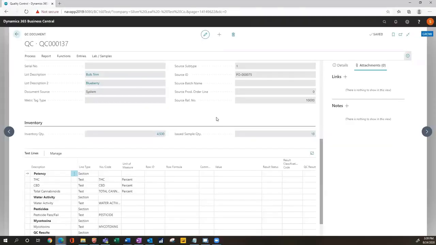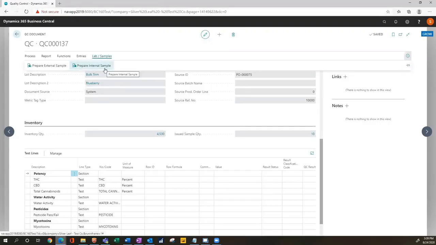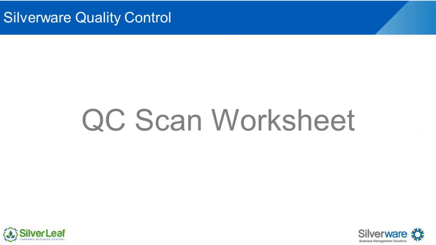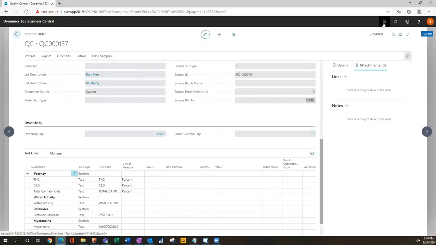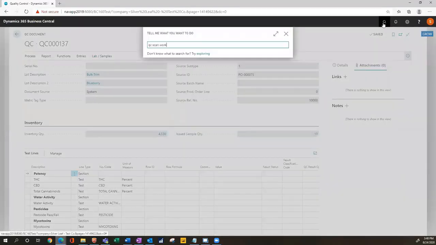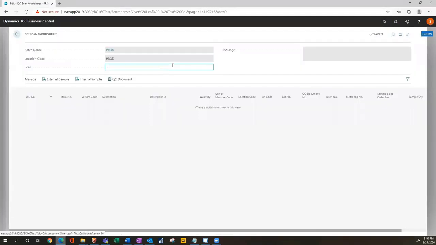Along with creating external samples, we also can create internal samples. We could issue an internal sample directly from within the QC document itself, or what I'm going to show is the ability to create samples via our QC scan worksheet. So I'm going to go into the search and type in QC scan worksheet, select a related link,